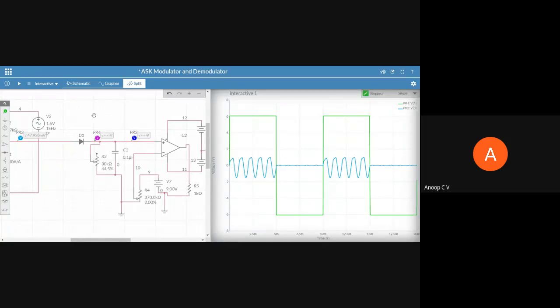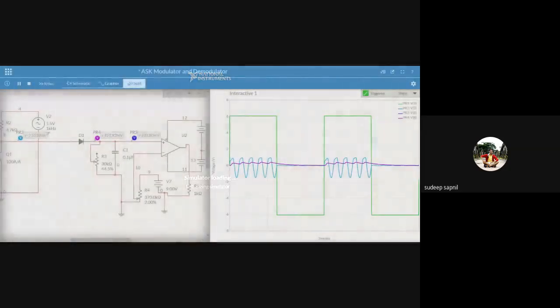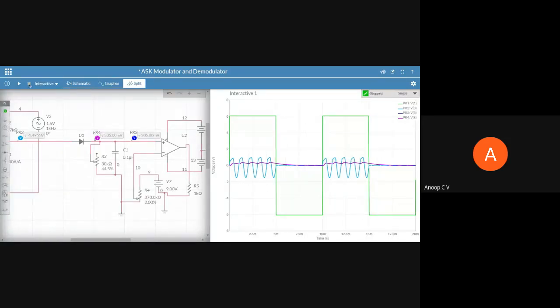That's what you are going to say, right, Sudeep? Yes, sir. Shall I simulate it? Yeah. But I can't see it, it's just one. This blue and violet are both merged. What is the reason? Is it because it's Multisim? If we were implementing it in real hardware, we could have observed it.